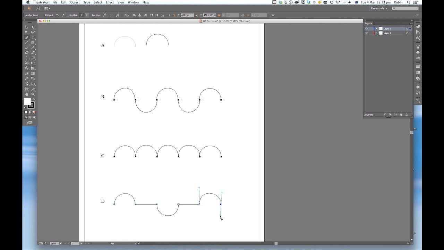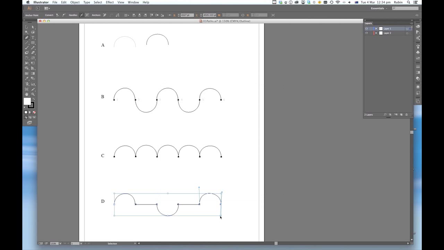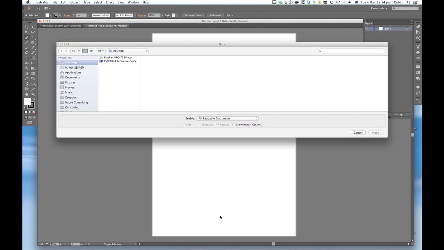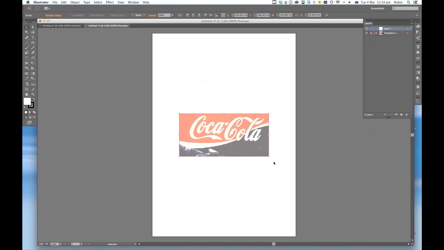Now, of course, it's pretty unlikely that you're going to want to draw this type of curve all the time, but it's incredibly useful if, for example, you want to trace a logo, which is something we need to do pretty much all the time in Illustrator. Well, to do that, you simply make a new file like this, and you place your logo. I'm going to put it in as a template and place it so it comes in like that, and all I need to do now is